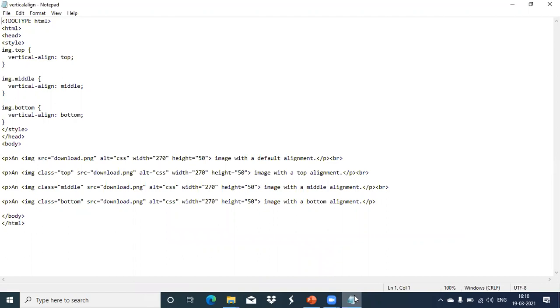So here you can see an image only. Now I'm styling. In this style tag, we have used this img dot top. The vertical align is a property name and its value is top. One more is there, image dot middle. That vertical align is the property and again the value is middle. Bottom, like that. For the image tag, we have given the styles like this. And this is one image I'm using. That alignment we have to show in the top, middle, bottom, like that. We can view this output.